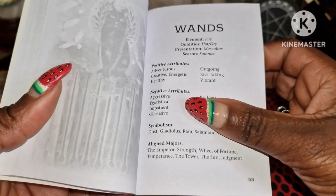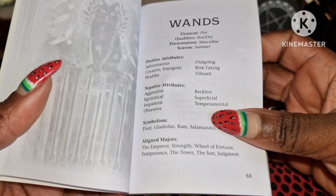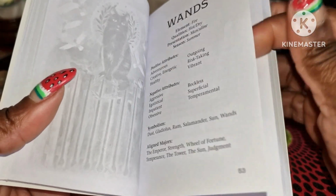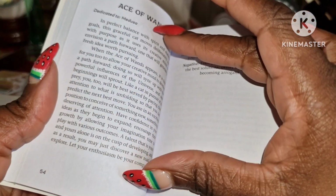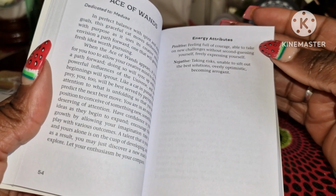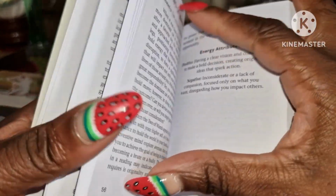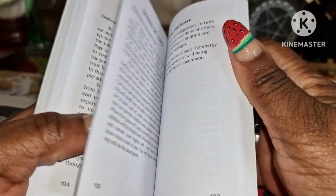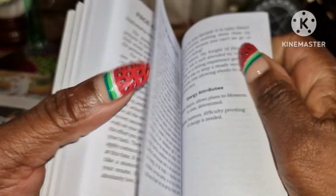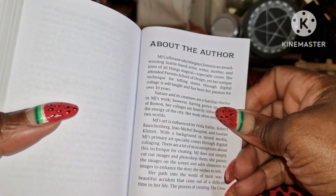So it gives you the symbols and it gives you aligned majors. I'm guessing these are the major cards that align with the wands, and it says the Emperor, Strength, Wheel of Fortune, Temperance, the Tower, the Sun and Judgment. Also it gives you a sentence to talk about the Ace of Wands, and then it gives you keywords for the positive and negative aspects, or upright and reverse aspects, of the cards. No pictures. So it does that all throughout the book for all of the suits in the major and minor arcana. Now, about the author, M.J. Cullen,